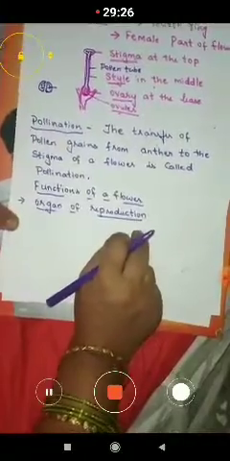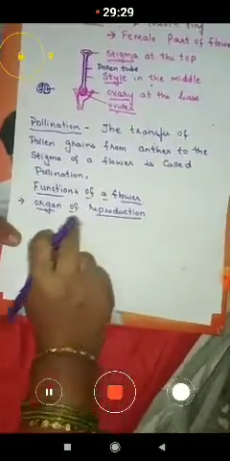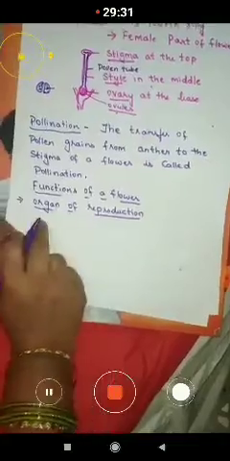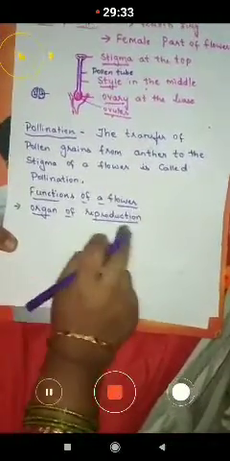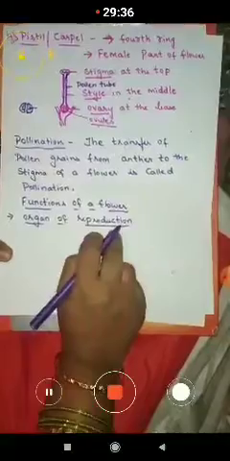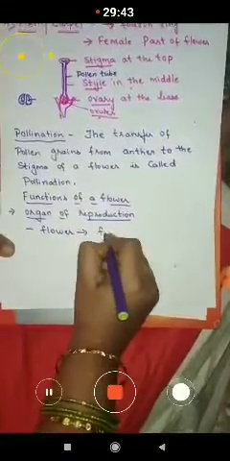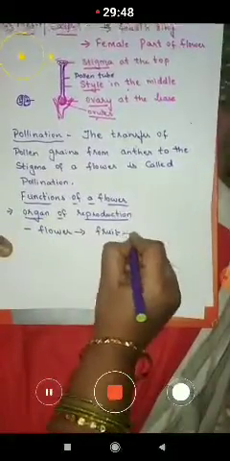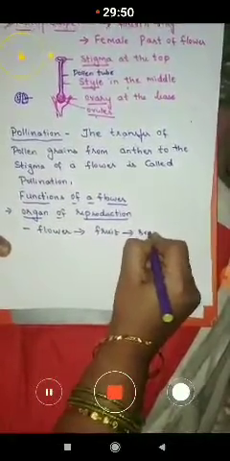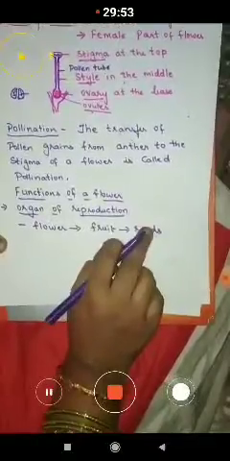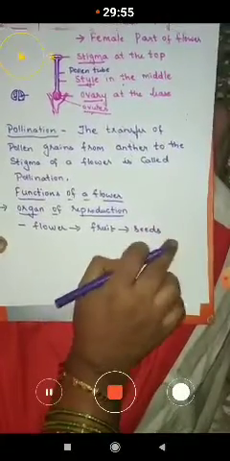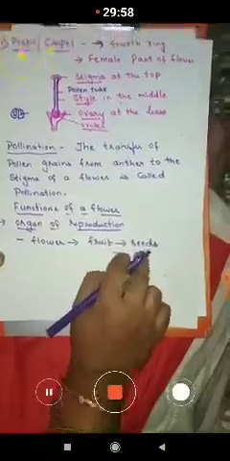So this flower acts as the reproductive part of the plant. Okay, so we call it the organ of reproduction. You have to remember, children, the flower changes into fruit, and inside the fruit we can observe the seeds are present. When these seeds are sown into the soil, you will get a new plant.